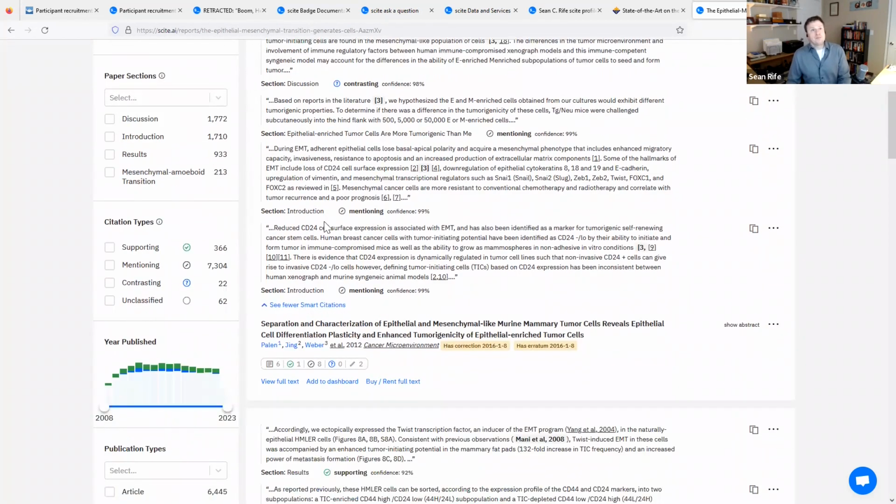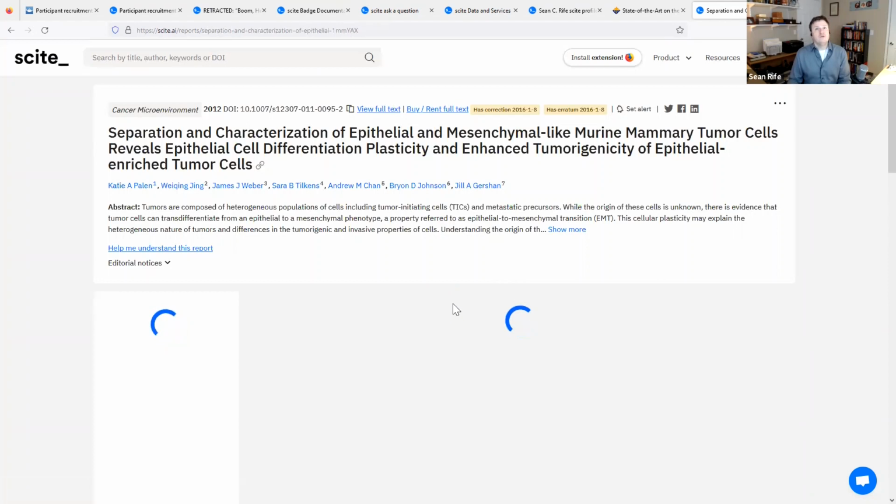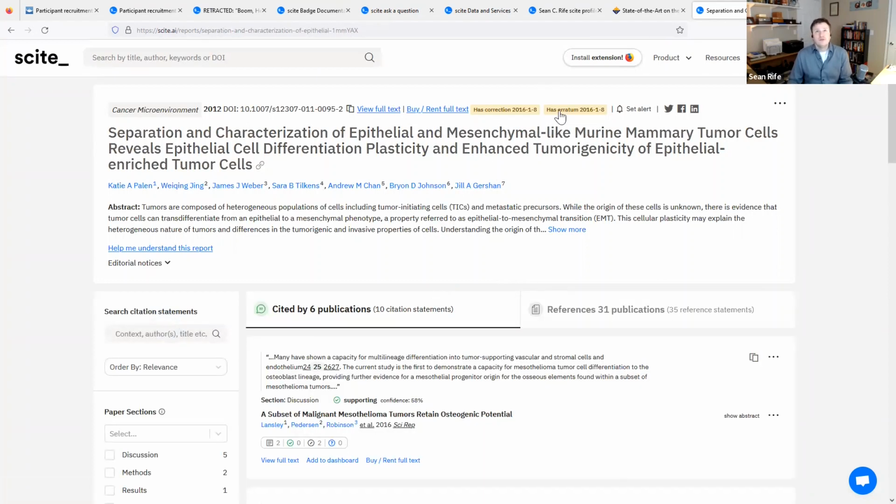And also present here, you can tell we have some metadata that I think is relevant. You have corrections and errata to this particular paper. And in fact, if you go to the report page for this paper, you'll see that that is featured prominently at the top. One thing that we've tried to do in-house is really surface and make really visible works that have been retracted or withdrawn.